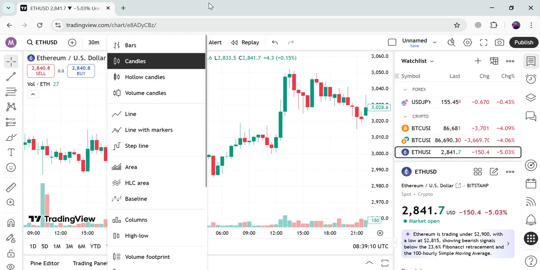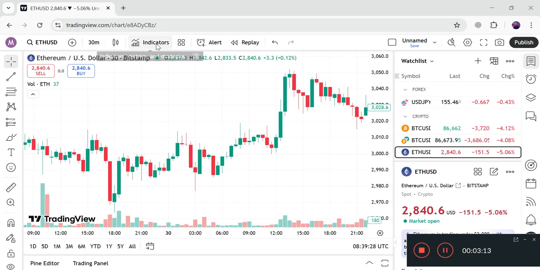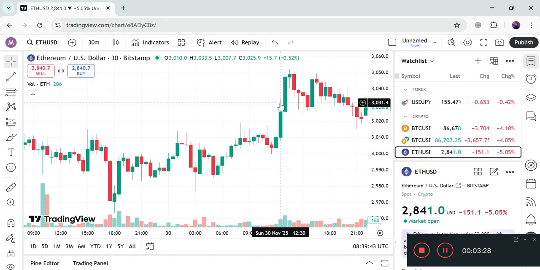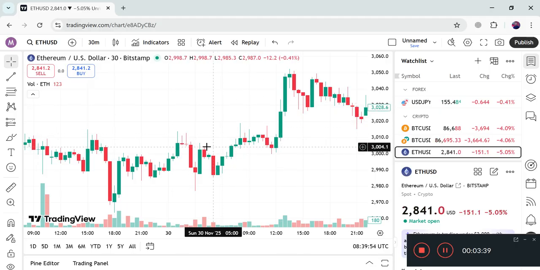If you want to go for the technical analysis, you can go to the indicators, and here you will see a technicals option. Here you can apply 24-hour volume, or you can look for accumulation distribution, advance decline line, advance decline ratio, and much more from all these settings. So that's all about how you can use TradingView, how you can check different charts, and how you can apply technical analysis with the help of these candlesticks, and you can maximize your